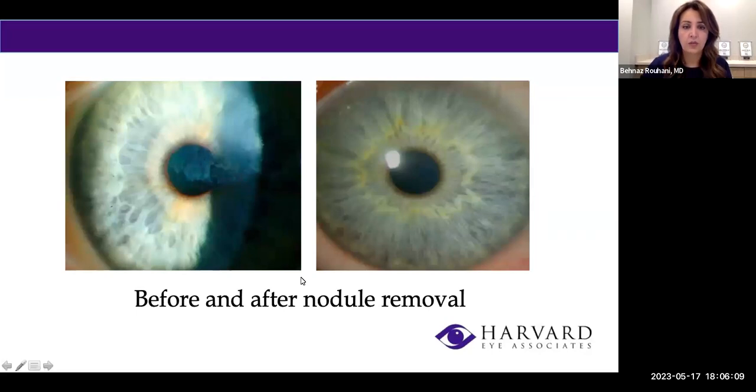This is a patient of mine with a huge area of grayish nodule that you can see actually extended onto the center. And this patient needs cataract surgery. And I said, well, you know what? This is elevated. This is causing a lot of issue. I did topography or cornea mapping, which showed a lot of astigmatism caused by this, which I'll show you in other pictures. I guess I have it in the next slide.